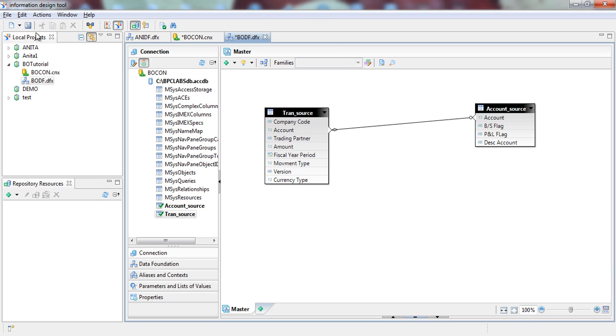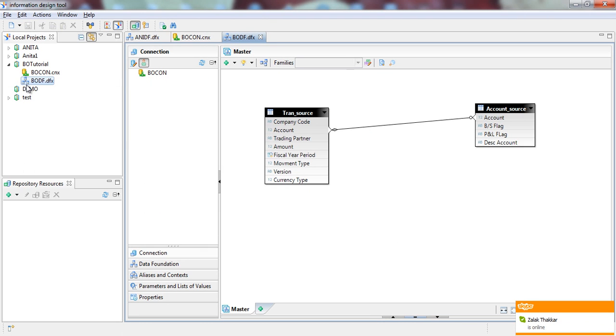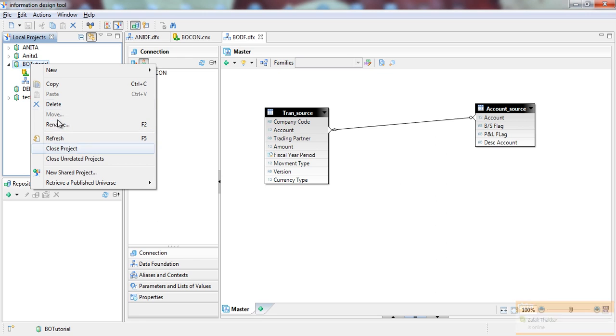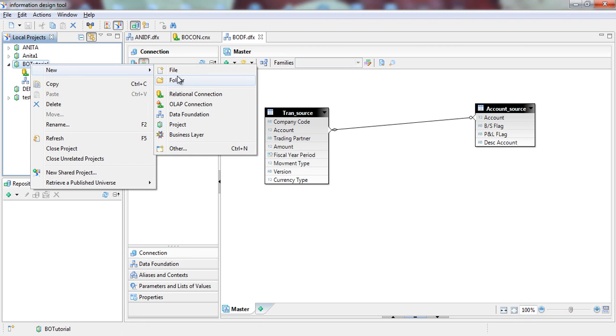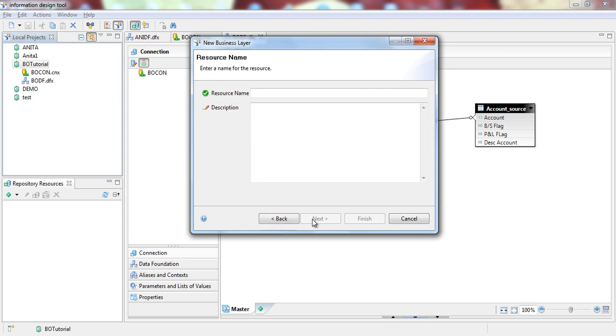Then you go to save, or you can go here and say save all. Once that is done, the next step is to create the business layer. And for that, you go to new and hit business layer. And then it's asking you for the type of data source. Here it's relational. And then next,